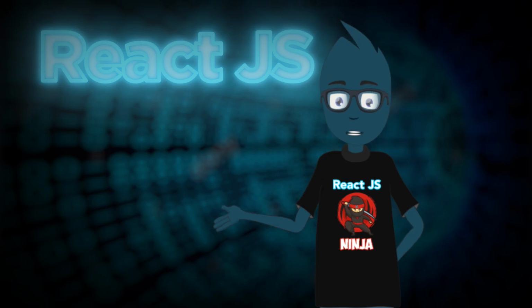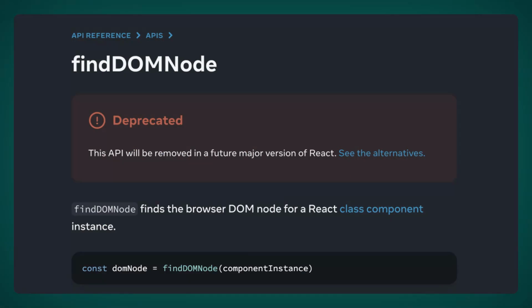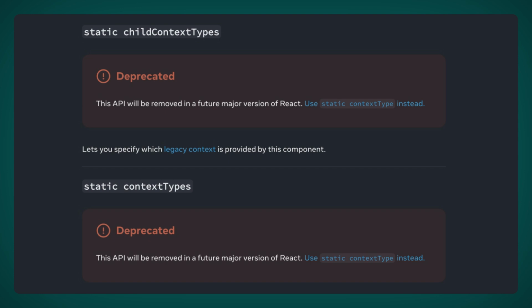Let's start with the useful and boring part. Strict mode throws warnings to the console if your project uses deprecated APIs. For example, findDOMNode, which searches the browser DOM node, or lifecycle callbacks prefixed with UNSAFE, such as UNSAFE_componentWillMount, and others. There is also the deprecated context API, which I guess everyone has forgotten about by now.